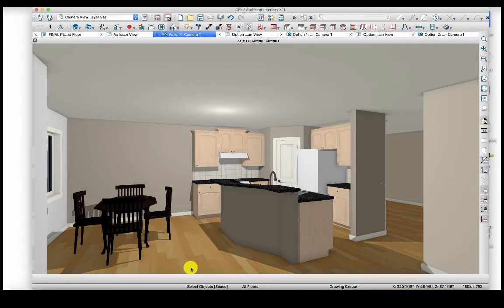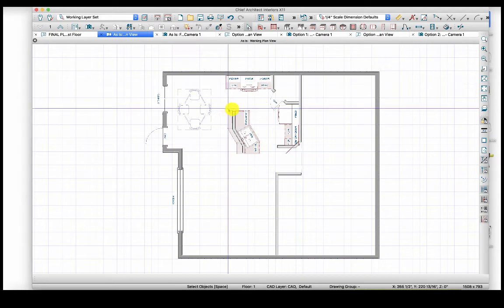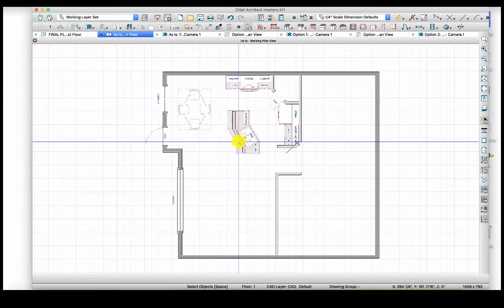And so the big points are my clients' wishes are that they get enough counter space over here so that when they're cooking there's counter space. They do not like the two-tiered island. They just wanted everything nice and flat and functional. So you know, this is not the only thing that we're going to be doing